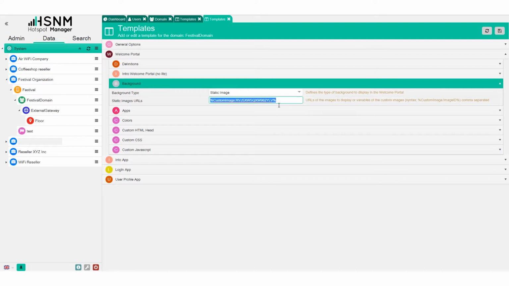You can also paste here an external URL from the internet, but just remember, if you have a lot of users, a lot of connections, it's always good to save bandwidth. So we create this custom image logic